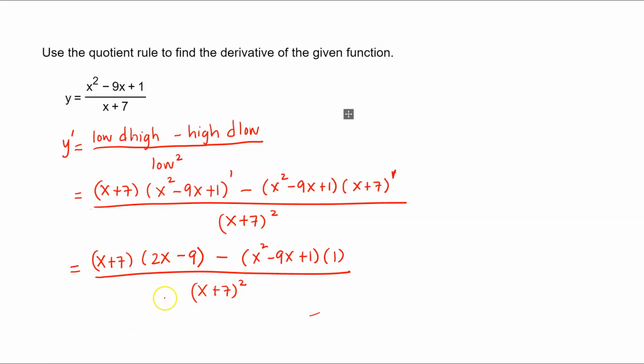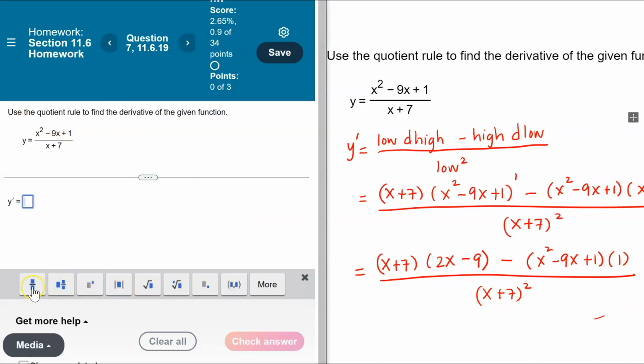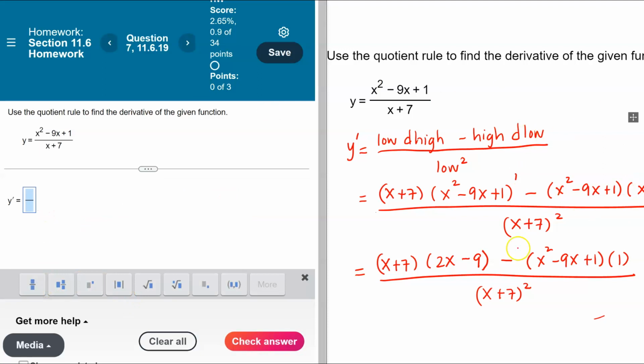Now instead of expanding this, let's go ahead and try to plug in our answer like this. Now using the computation here, we will input our answer for the derivative of this function as is. So we have fraction, and then let's input this. So we have the quantity, so that's of the numerator, quantity x plus 7 times